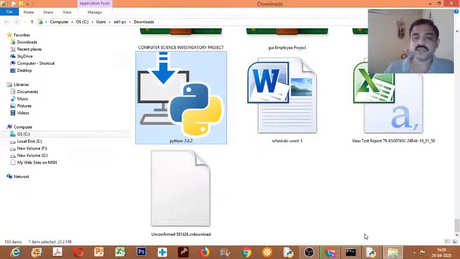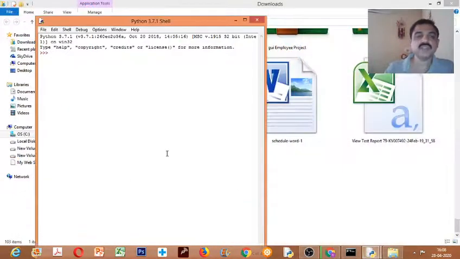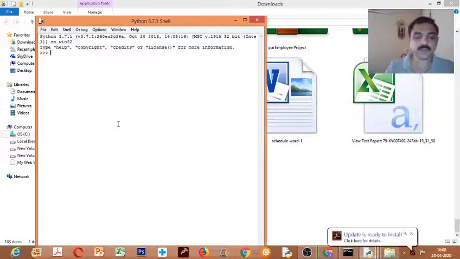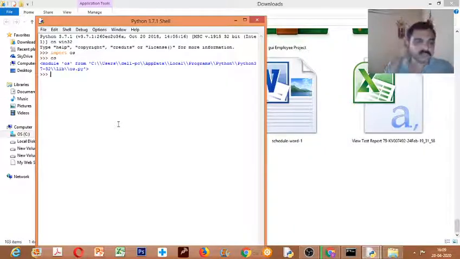So once you have Python, then you know how to open it. You get a screen like this, right? Okay, now assume that Python is installed. Now you need pandas to be installed. For that, what you need to do is just know the path, that is, where the location of the Python file is available. For that, just write import os and press enter, and again you just write os and press enter. It will give you the current path of your Python program.